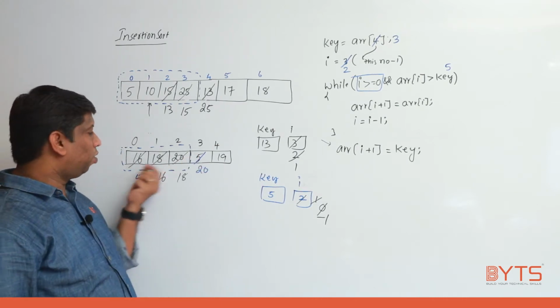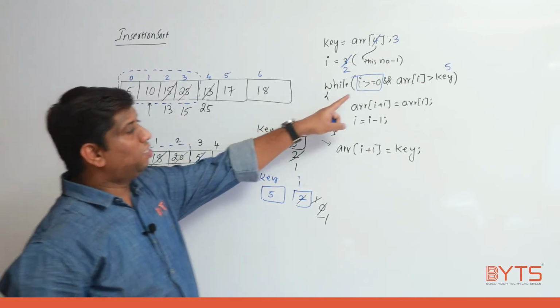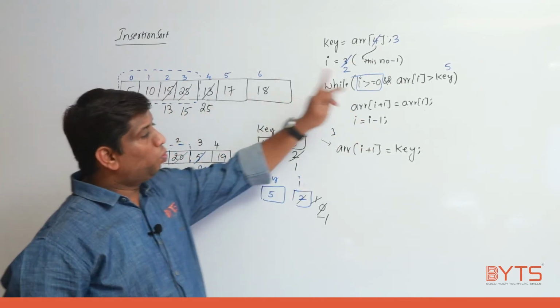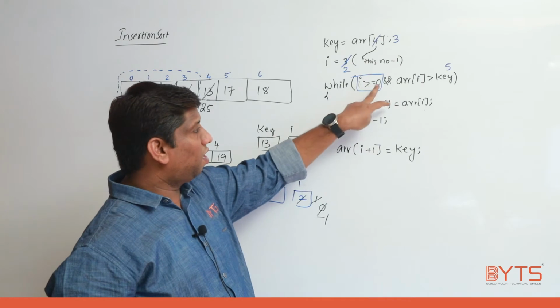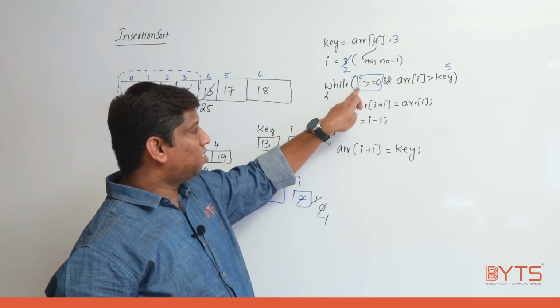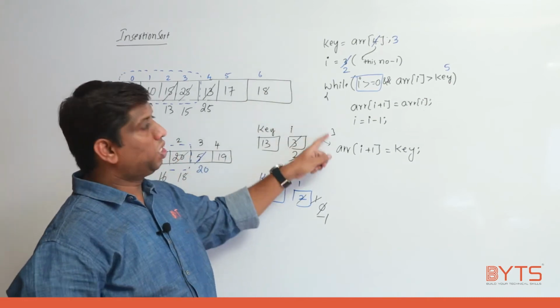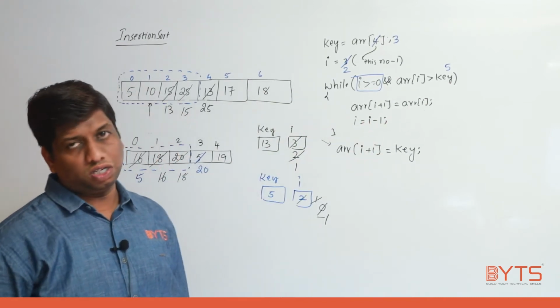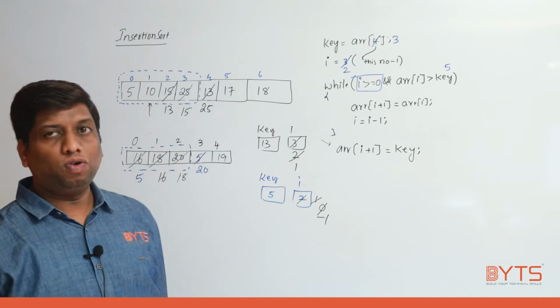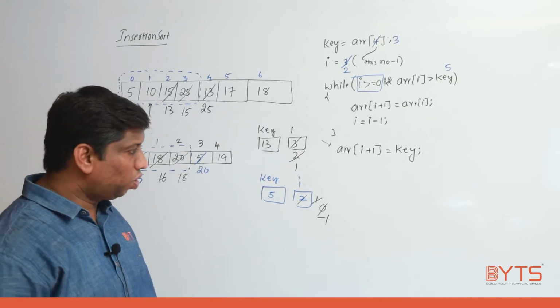So this condition is very important when you are inserting this number to the first location. If you don't write this condition, I value will be negative, and you are trying to compare a negative index. If you write I greater than or equal to 0, as soon as I reaches a negative number, you will stop there. I hope this is very clear, right? Now I am going to use the same thing to write the insertion sort logic. Okay, fine.